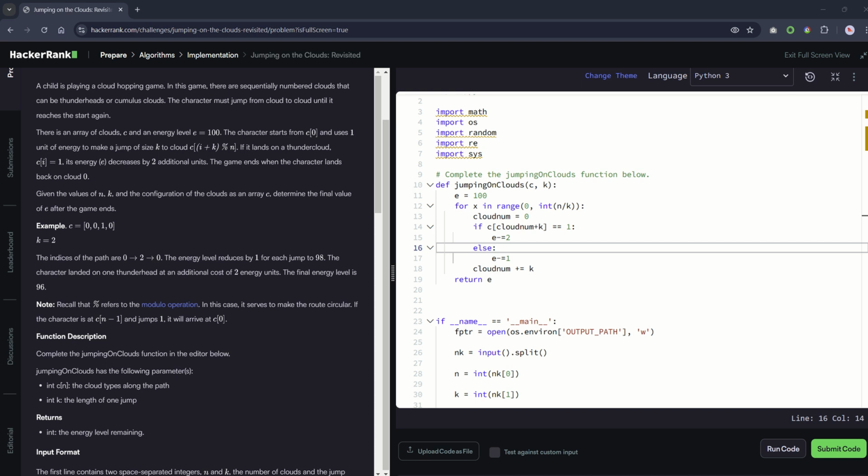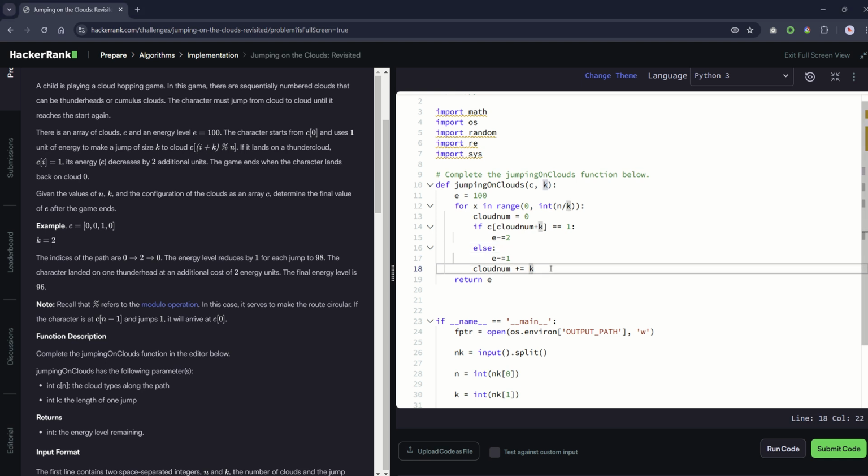Huh, okay. It will jump to cloud. Cloud num equals